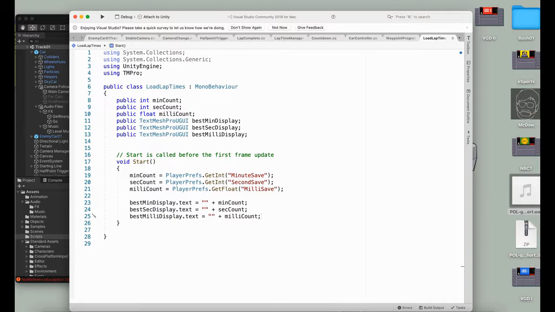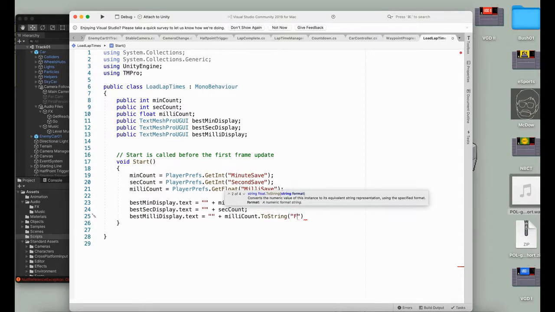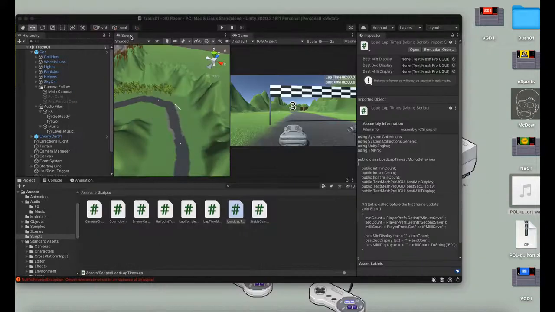So I went ahead and added a .ToString, which we did before, and then inside here, this F of 0 is just how many decimal points that we need out from the float. So float decimal points, and I want no decimal points on our milli count. I just want the millisecond count exactly. So that's what the F of 0 is, and that worked for me. So I'm going to save that and head back into